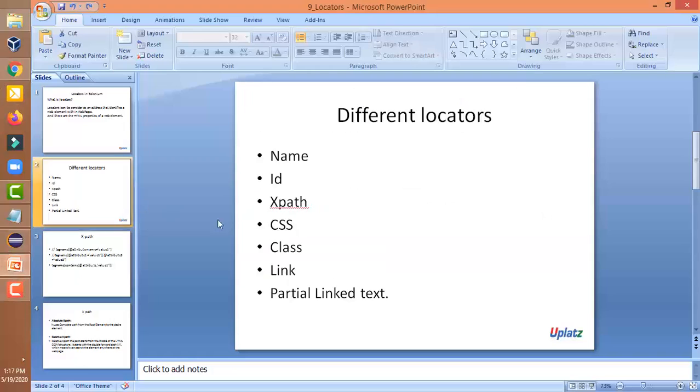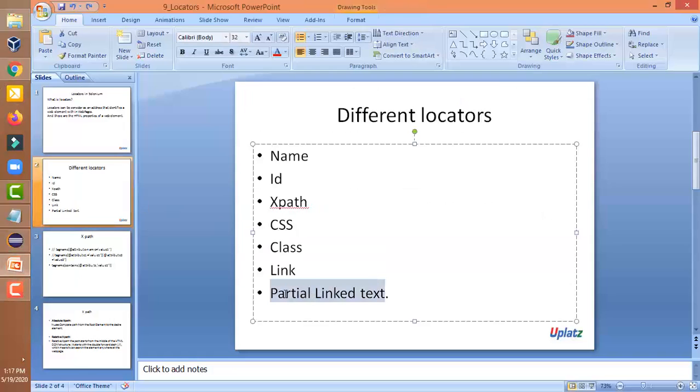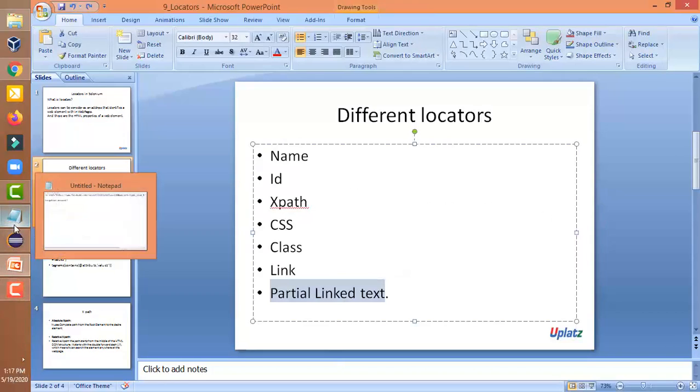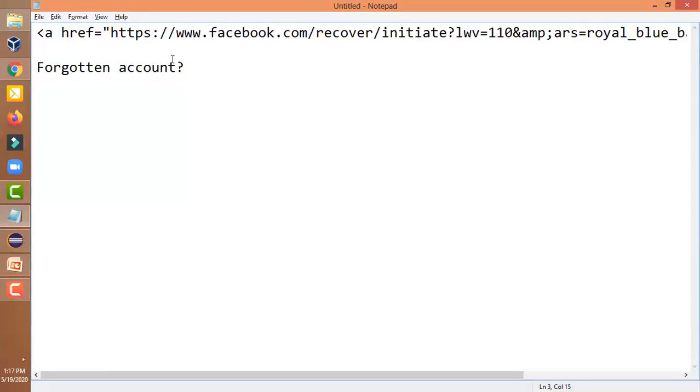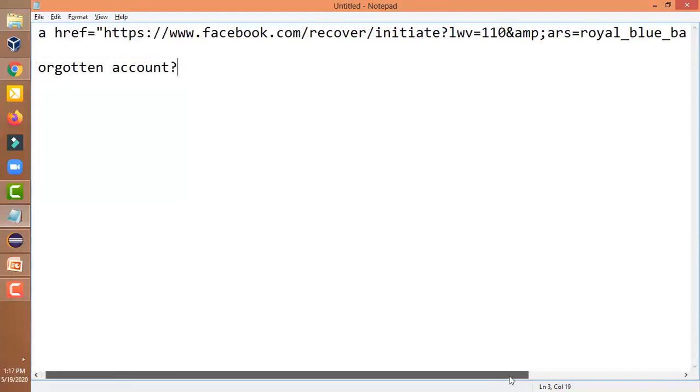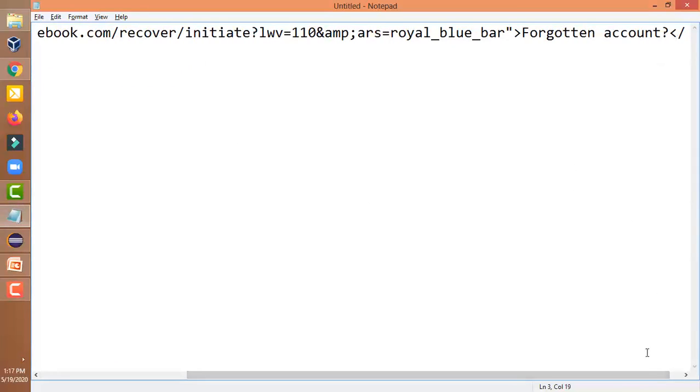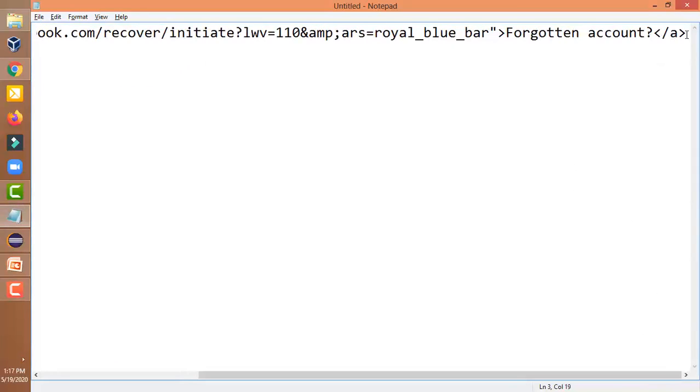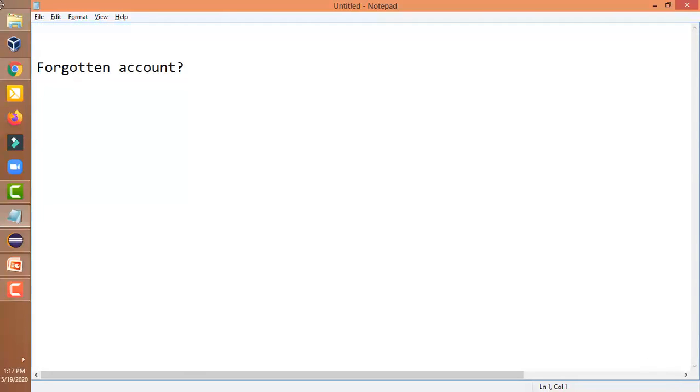So now we have to discuss the partial link text. Basically, the partial link text locator is a very important locator. Why is it very important? Because with the help of this locator we can easily find dynamic elements on the web page.